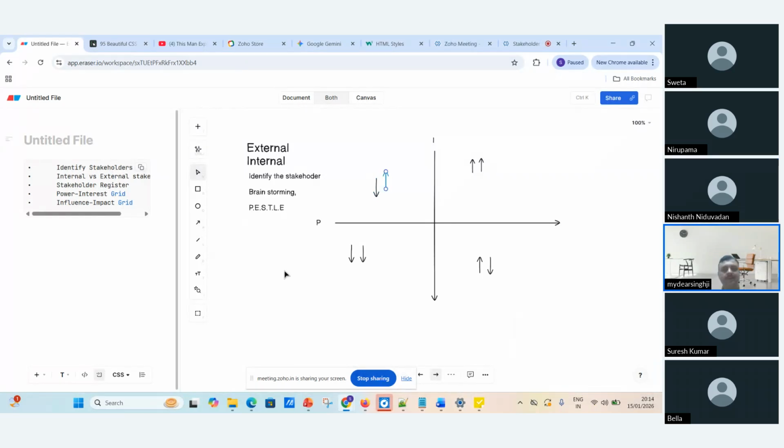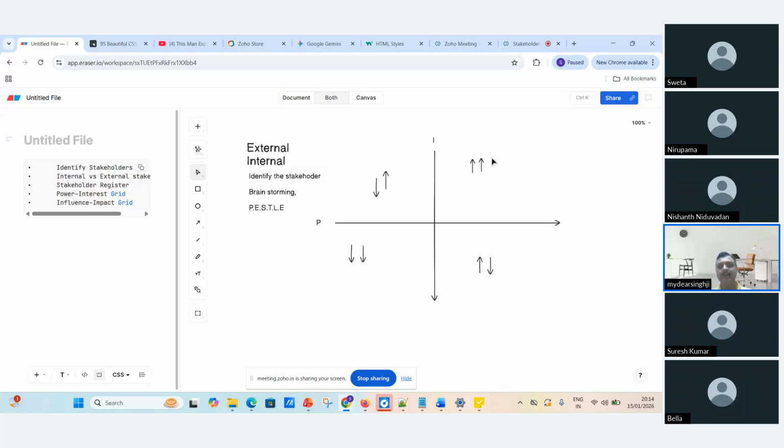So I'm making the power and interest grid here. You just see here on both the arrows at the top: high power and high interest. The stakeholder who has high power and high interest, you manage him very closely.